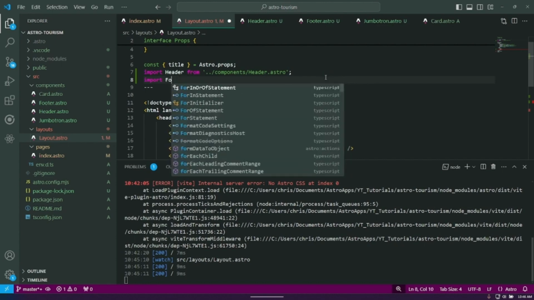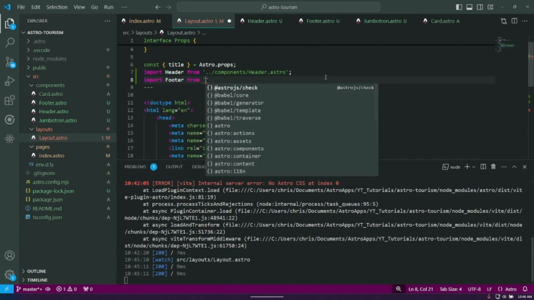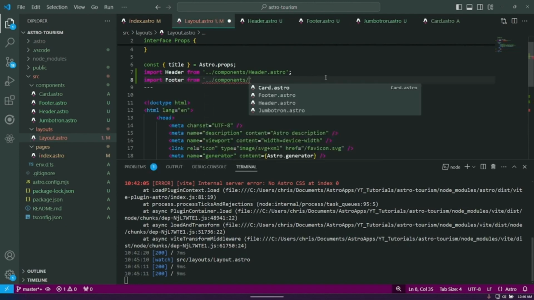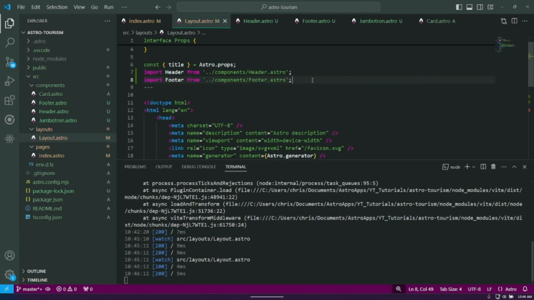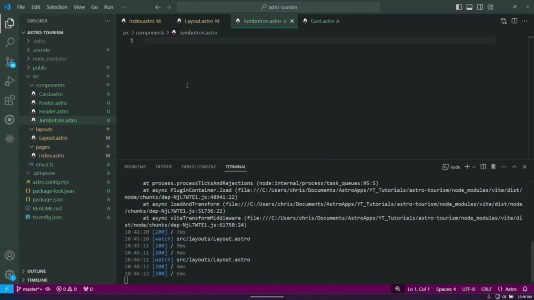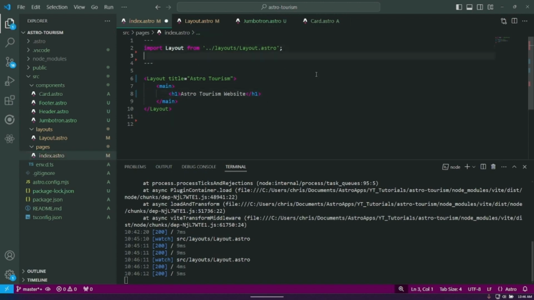Oops. Footer from. Okay, this time it didn't auto import, so we want components.footer.astro. Here we go. Excellent. So at least that's going to be consistent on all the pages. So we want those. But now the Jumbotron and the card, we want to go into our index.astro and we want to import